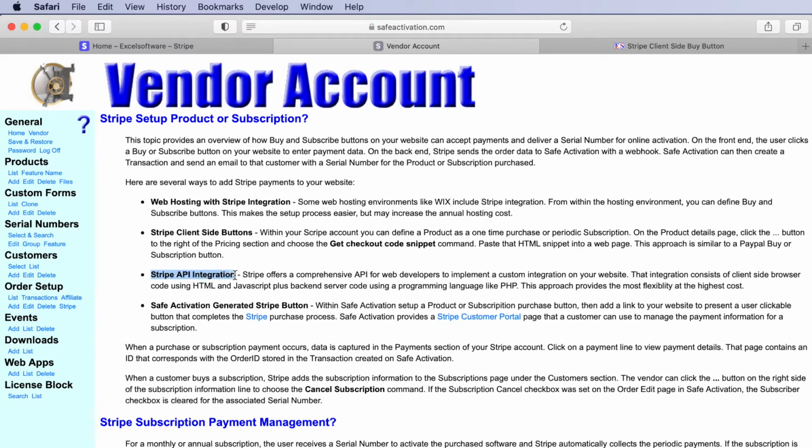There's also a comprehensive API for Stripe where you can get full access to the Stripe capabilities and integrate that into your website. That gives a lot of options, but it's very involved to learn the Stripe API. For most developers, they'll probably choose this last approach where within your Safe Activation account, you can define product and subscription buttons and then paste a little information into your website, and you're linked into the automated Stripe purchase and